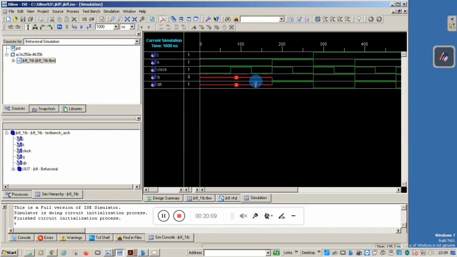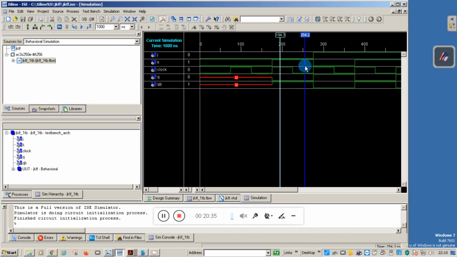Now here you can see the J value is 0 and K is 1. At that time, when J is 0 and K is 1, the output Q is 0 and Q bar is 1.